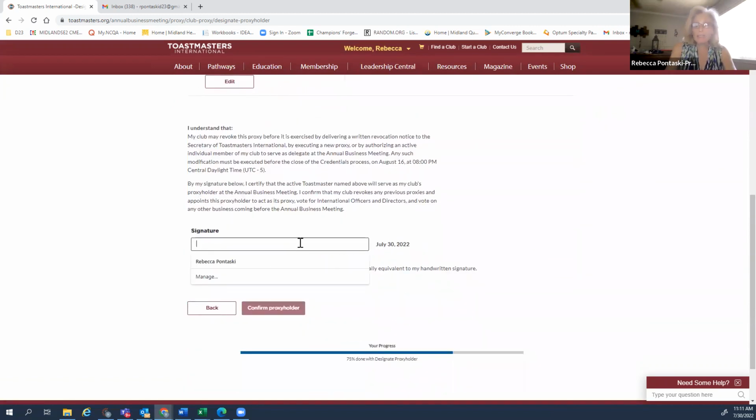It's going to ask me to sign. There is a little checkbox that I am acknowledging that my electronic signature is legally equivalent to my handwriting signature. Really important, especially in this day and age. I'm going to confirm that proxy holder. And when I do that,